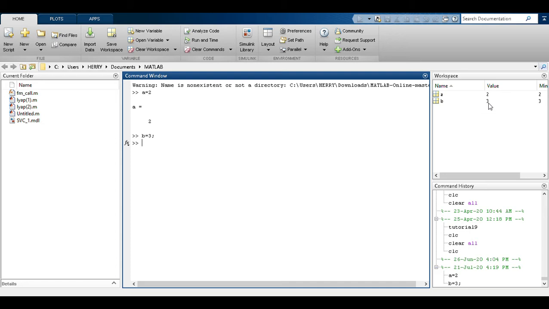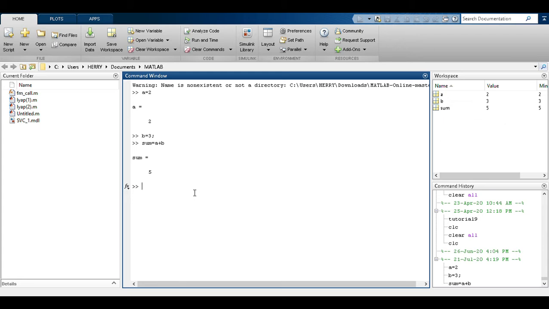Now I want to find the value of the sum. Let's say the variable is sum is equal to a plus b. So I am doing the sum of a plus b, and if I hit enter you will get the answer, 3 plus 2 is equal to 5, and this variable is also going to be stored in your workspace. Whatever variable is generated is automatically stored in the workspace. So you don't have to worry about defining the variables or the type of the variables. If it is a float variable, it will also be defined automatically.